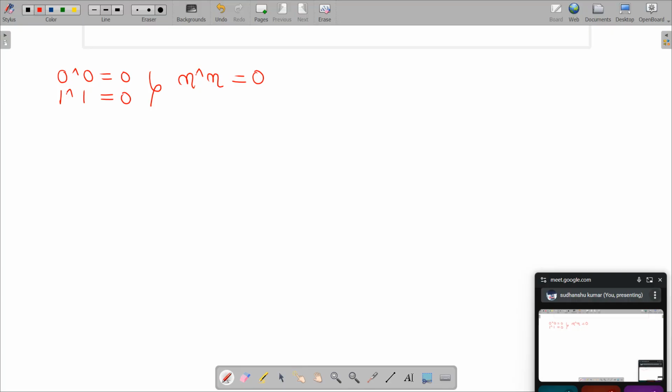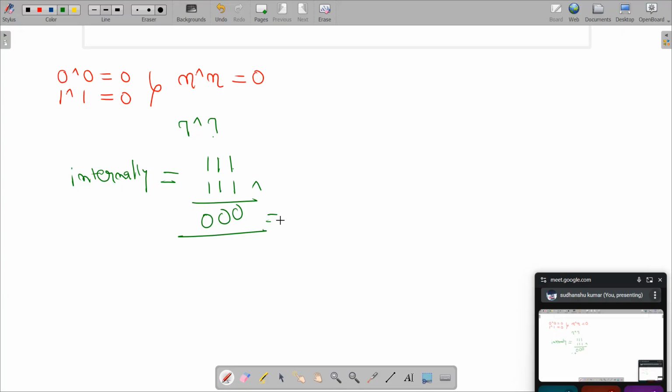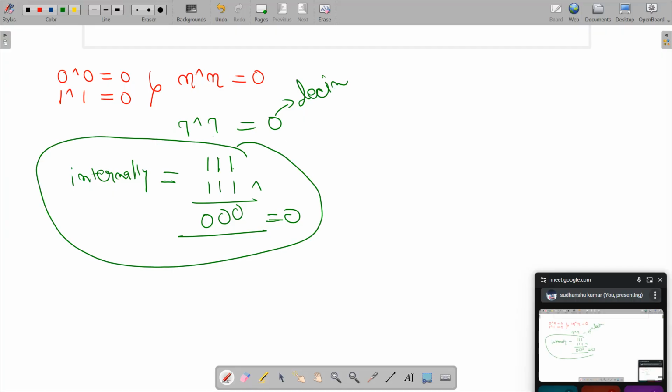Yes, sir. Okay, why? Because it's very obvious. And also remember one thing, bitwise operators work on bits. So if I do 7 XOR 7, internally this 7 will be converted into its binary form, and this other 7 will also be converted into binary form. XOR will be applied: 1 XOR 1 is 0, 1 XOR 1 is 0, 1 XOR 1 is 0, and I will get my output in decimal. All of these things will happen internally. You don't need to do it.